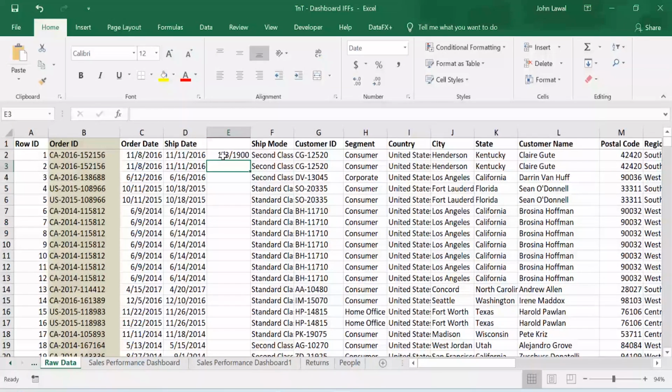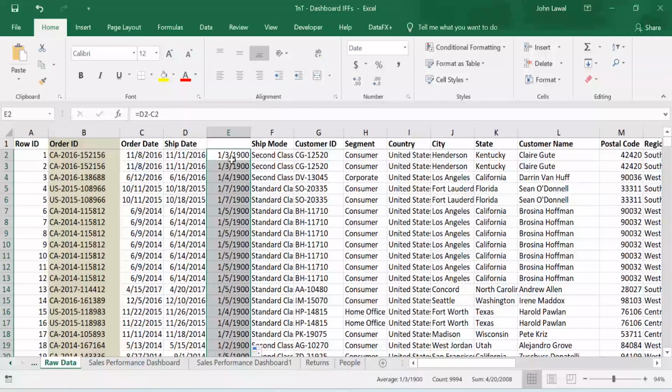So now I can actually apply this across. It will just give me dates, and this is not what I want. But don't be puzzled when you get a result like this, especially when you have done the right thing. So what you should do is actually to change the format, to format the column or the cell that